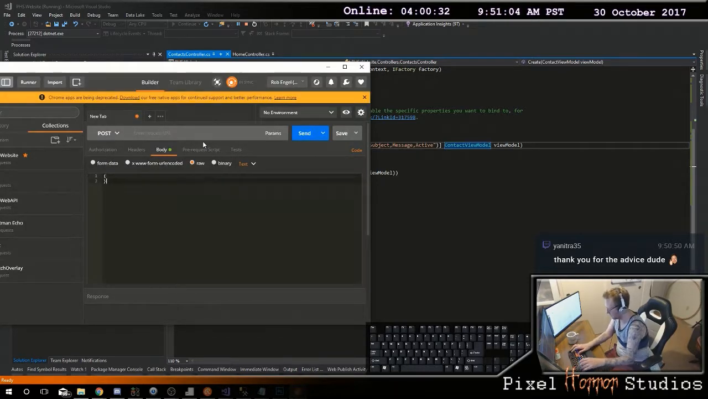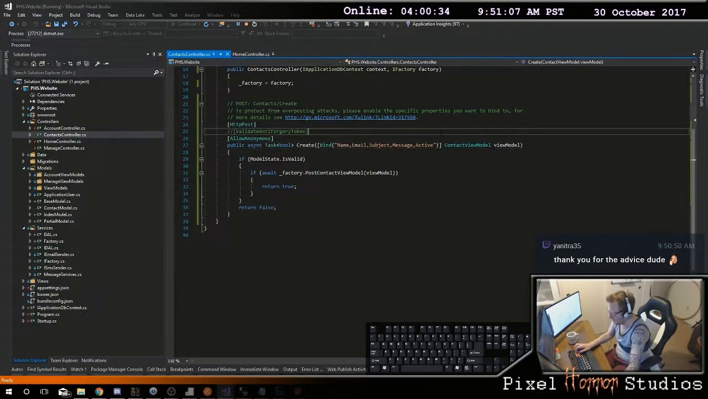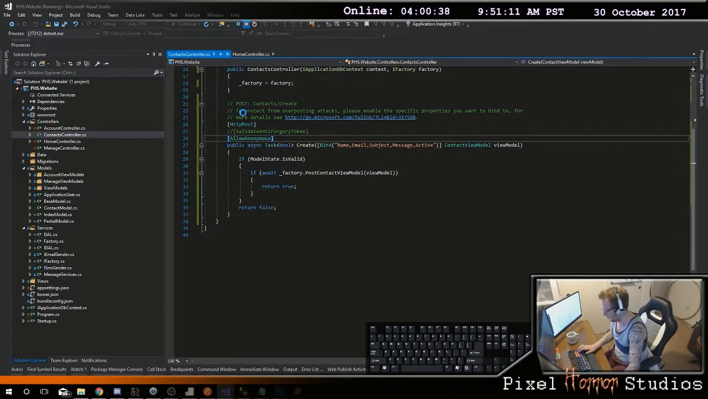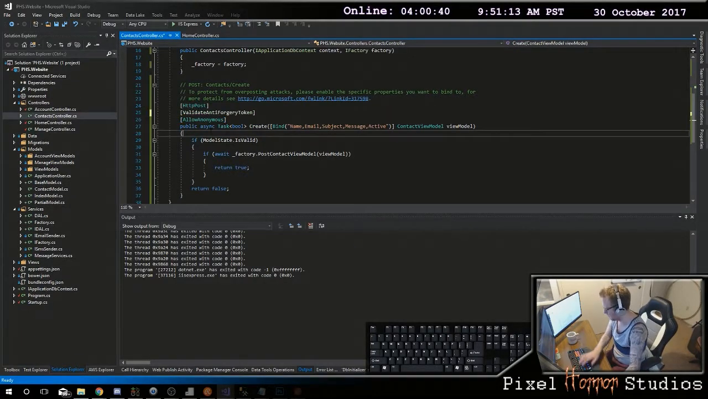I think we can, right? Actually, I don't even want to test it like that. We'll just test it from the actual model. So let's go back. Let's do an Ajax form on it. So if I open up the view on it,